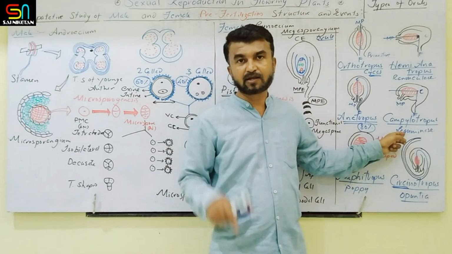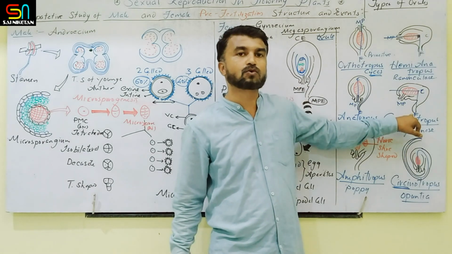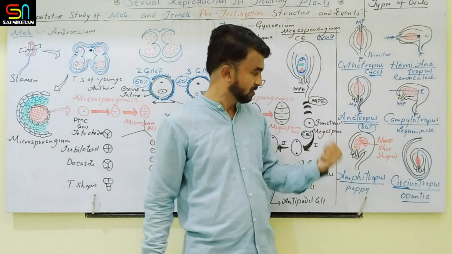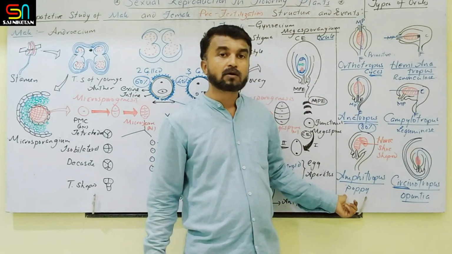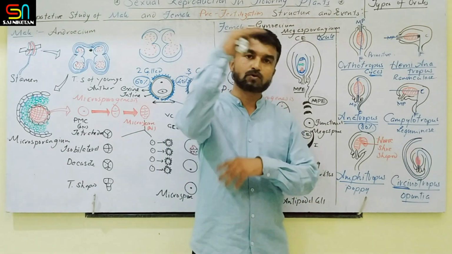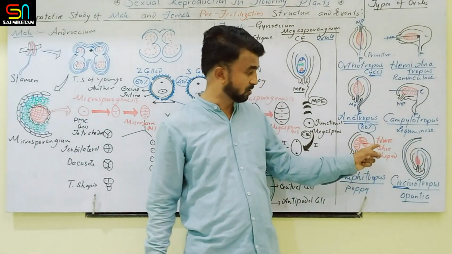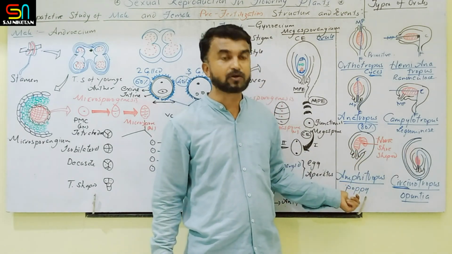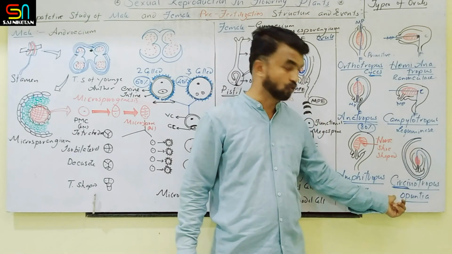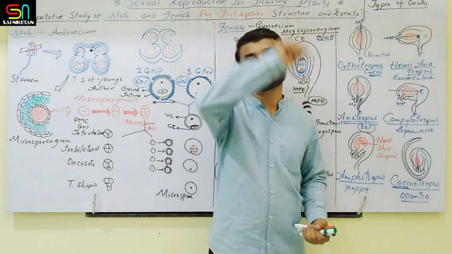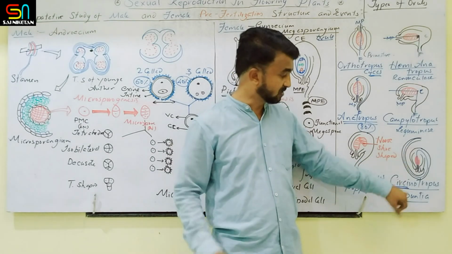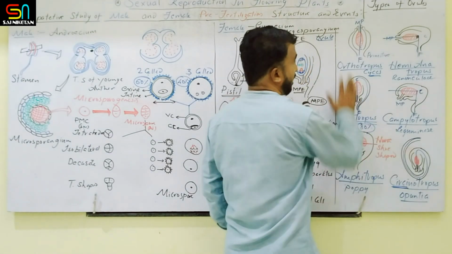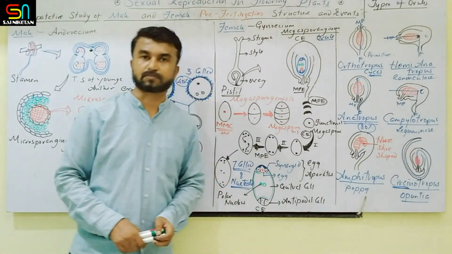Campylotropous means again 90 degree rotation is there, but the micropyle is a little bit near to the funicle, due to only one-sided growth. Next one is the amphitropous. Here, curvature is such that the ovule is curved and the embryo sac is also curved. That's why the embryo sac appears like a horseshoe-shaped structure. This is amphitropous. Next one is the sarcinotropous. Here, the funicle rotates almost 360 degrees. So that's why it is sarcinotropous, seen in Opuntia. So these are the types of ovules seen in the angiosperms.